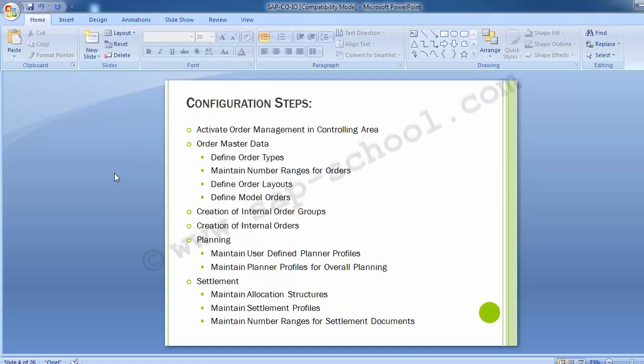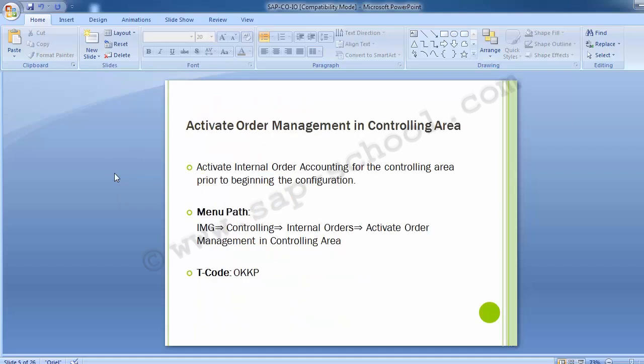So let's move to the configuration steps one by one. Moving to the first configuration step, that is activate order management in controlling area. So activate internal order accounting for the controlling area prior to beginning the configuration. Each module in controlling has to be activated for the controlling area prior to the configuration steps. So you need to activate the order management in the controlling area before starting the configuration for internal order